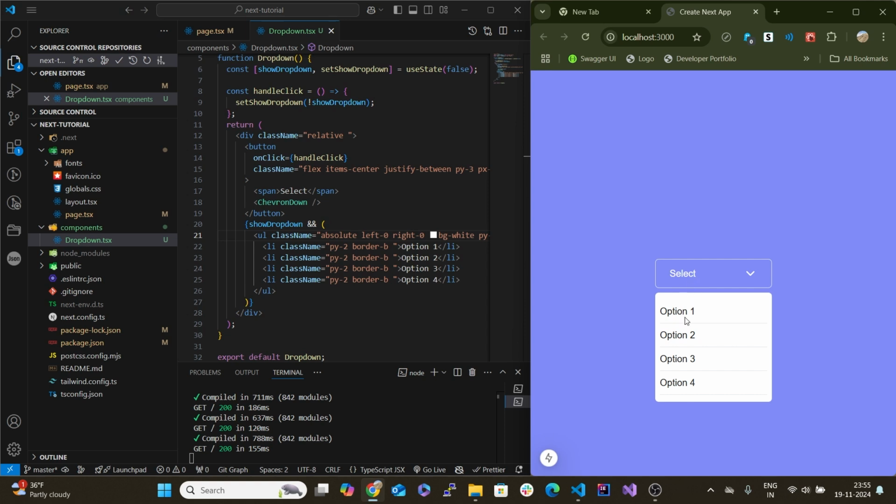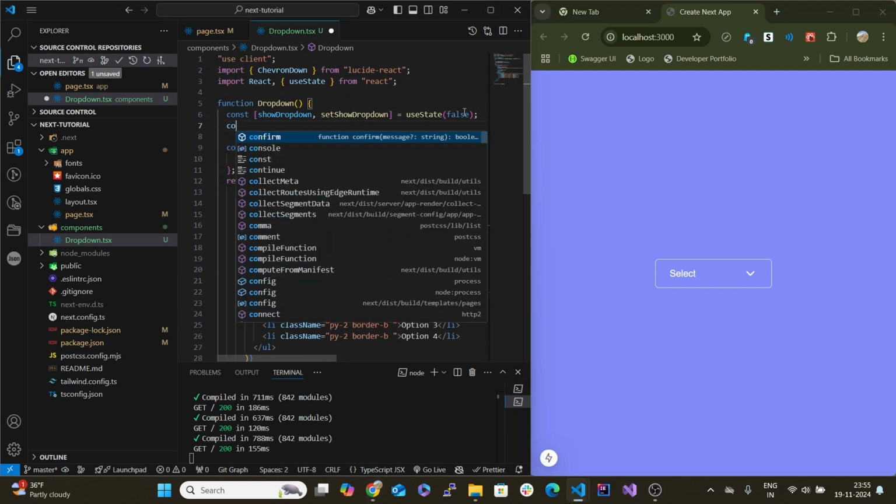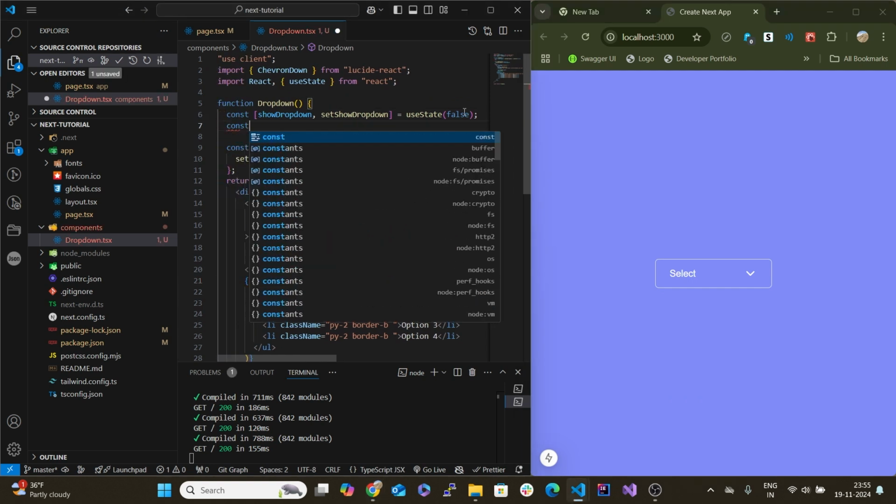But now the other functionality that I want in this, when I click on the option, the dropdown should close, and the option that I select should get selected here. It should appear here as the button text. So for that we need to create another state. So to create that state, we need to call the useState hook again. So const